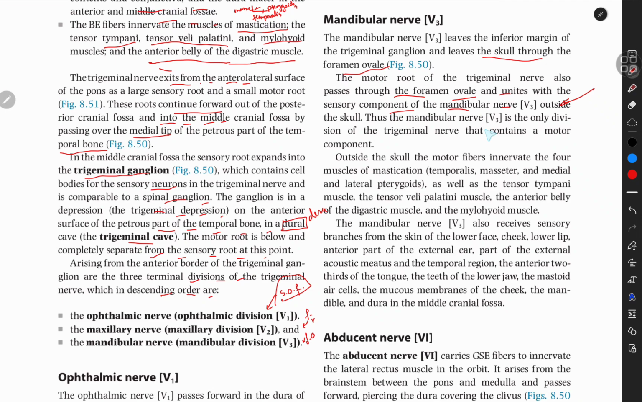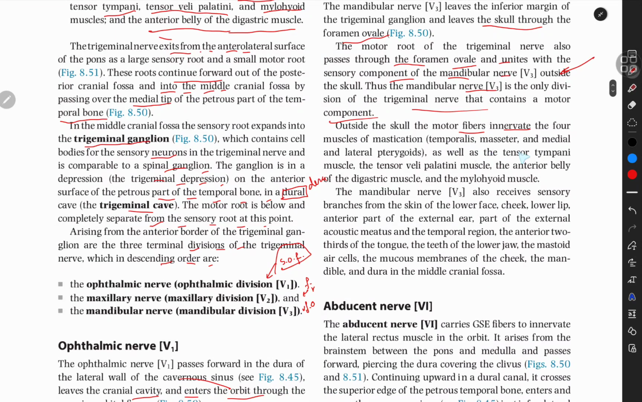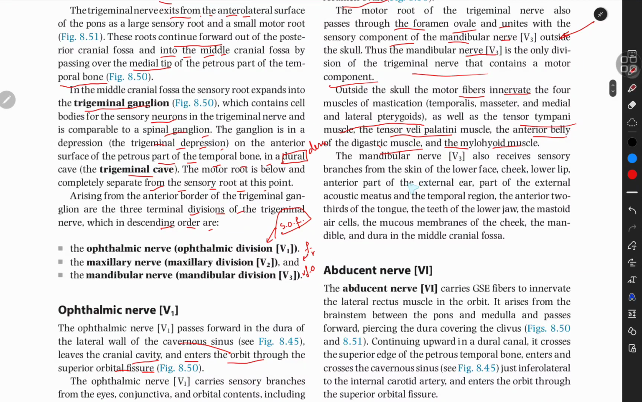Outside the skull, thus the mandibular nerve V3 is the only division of the trigeminal nerve that contains a motor component. Outside the skull, the motor fibers innervate the four muscles of mastication, temporalis, masseter, and medial and lateral pterygoids, as well as the tensor tympani muscle, tensor veli palatini muscle, and the anterior belly of the digastric muscle, and the mylohyoid. The mandibular nerve also receives sensory branches from the skin of the lower face, cheek,